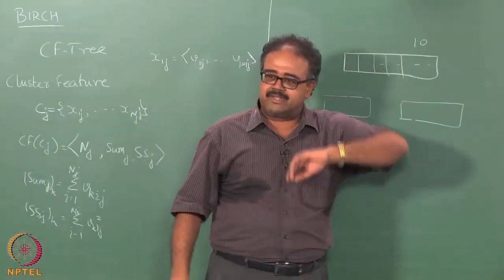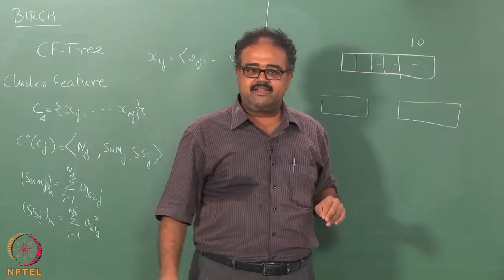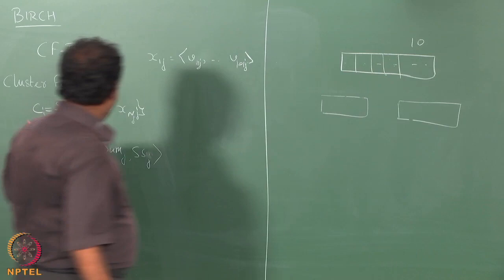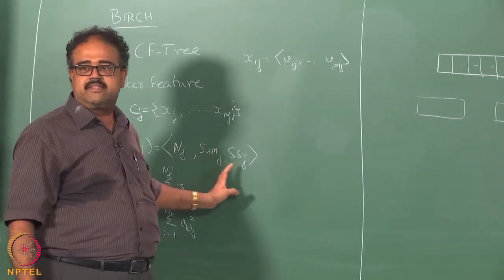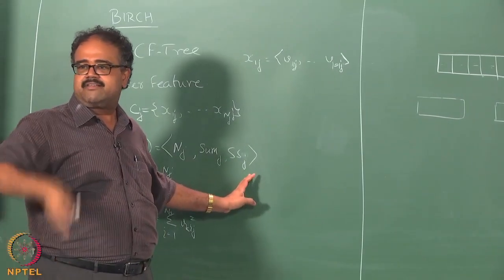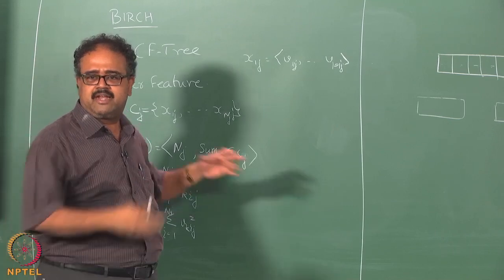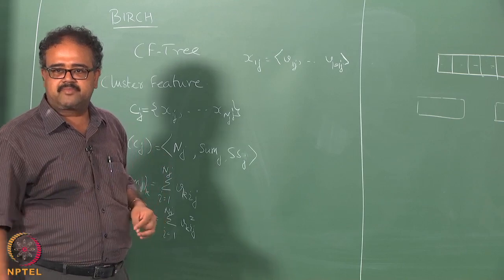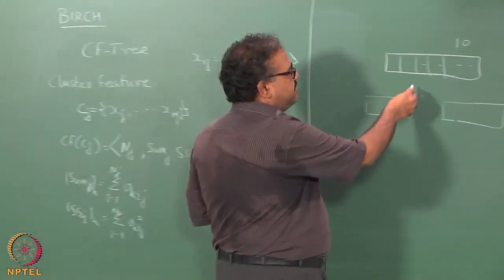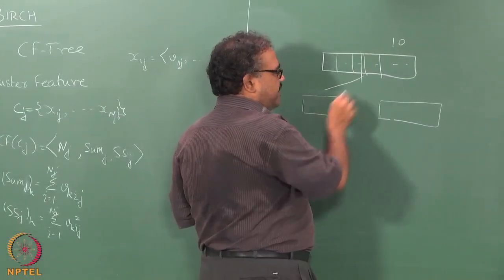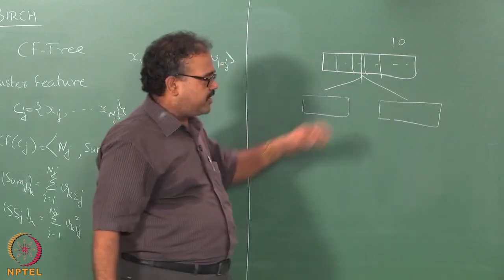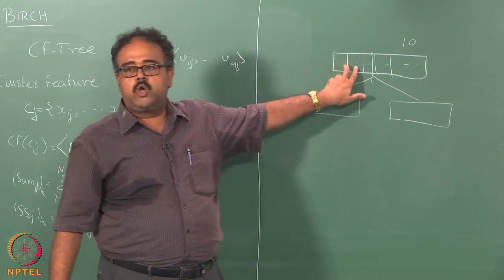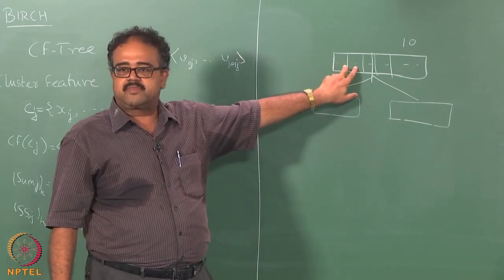So, here let us say I picked 10 somehow, I said 10 is the number I am going to store, and what are these numbers? These are essentially 3 things like this, each one of these only 3 things like this. At some point I say, okay, even if I have a 4 KB page, even like 100 clusters, I should run out of space, I will say no, I want to break it. So, then what I do is I split this and I put a 5 here, put another 5 here, and then I will start off with 2 entries here,